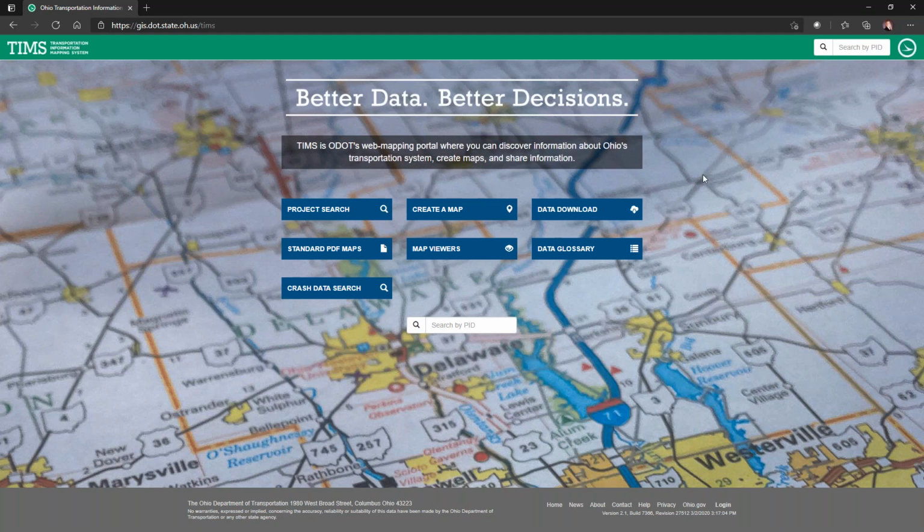So just like our tagline says, we want to bring you better data to help you make better decisions. And TIMS keeps growing. We are publishing additional data sets all the time. So today we won't be able to touch on every single bit of data, but hopefully you'll get a good overview of all the tools and the types of information and how you can get that information through TIMS. And if you're left with any questions,